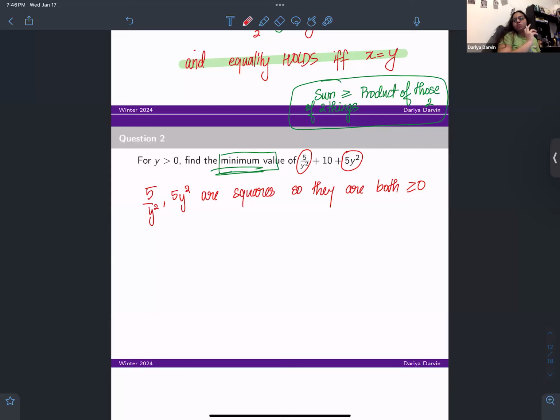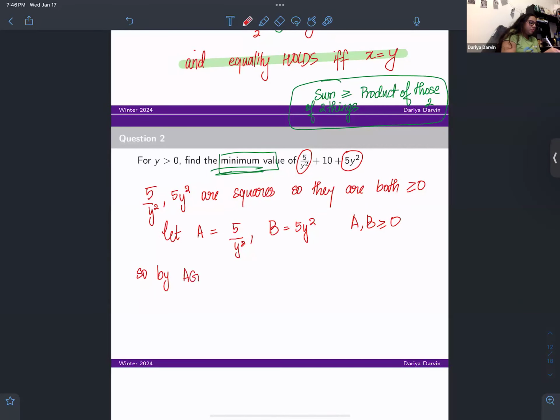Because when you have reciprocals of variables being added and you use AGM, you have to use the product of those, and they'll cancel out. I'll show you what I mean. So let A be 5 by y squared, B be 5y squared. A and B are both greater than or equal to 0. So by AGM, (A plus B) by 2 is greater than or equal to the square root of AB, which means (5 by y squared plus 5y squared) by 2 is greater than or equal to